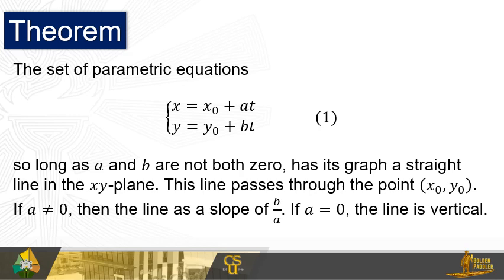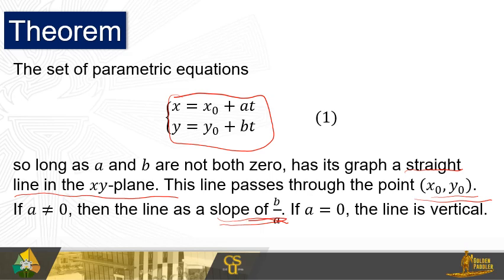Okay, so what this means is that we have these parametric equations of a line, and if we eliminate the parameter, we can form the straight line in the xy plane that passes through the point (x sub 0, y sub 0) with a slope of b over a. So if we use this information,